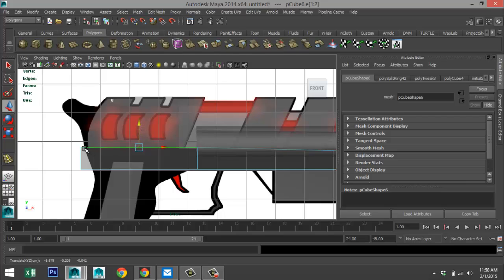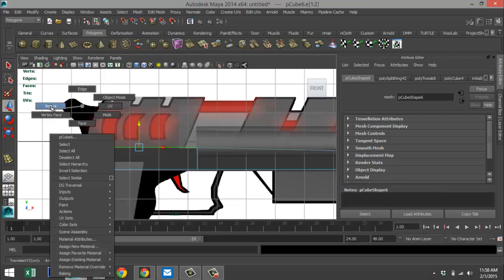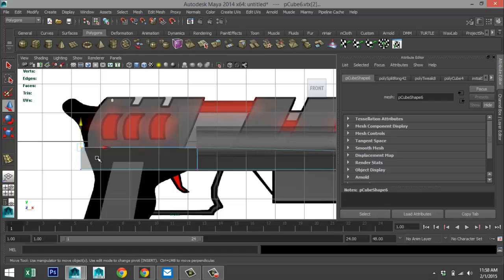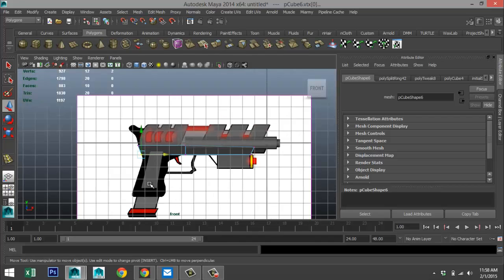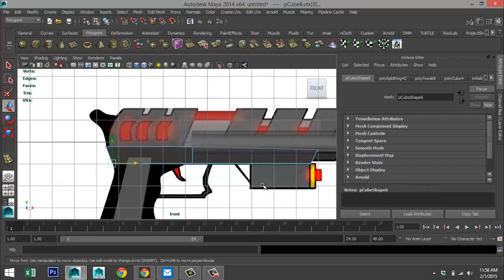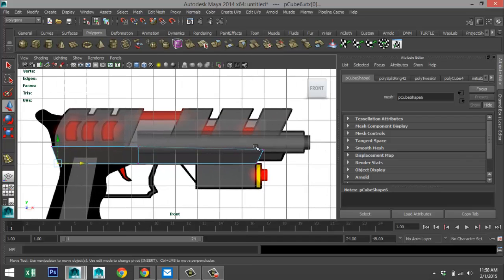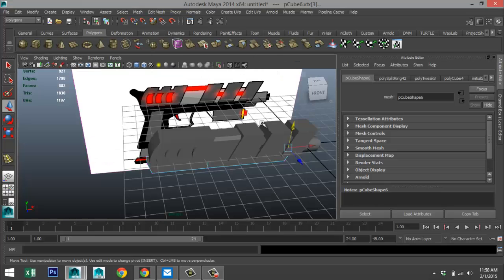That's fine. And then right click vertex, take that one, bring that in, take that one and bring that in. Okay. And actually we'll just take this one, bring that up just to give it a slightly cleaner look, if you will. All right. Now this section is going to be pulled inwards.